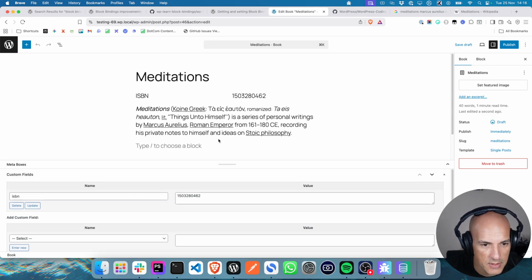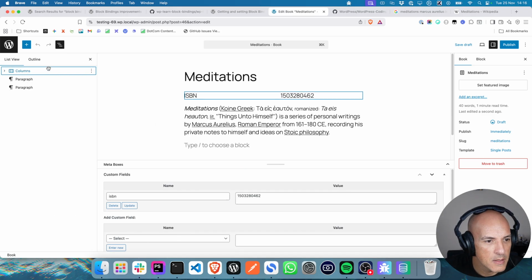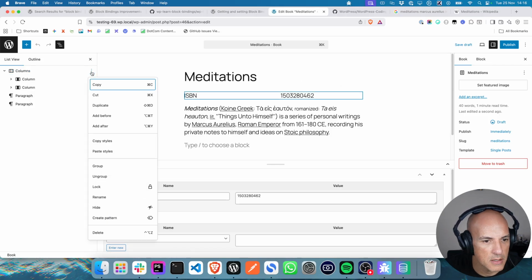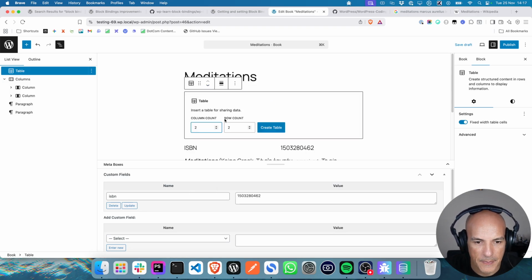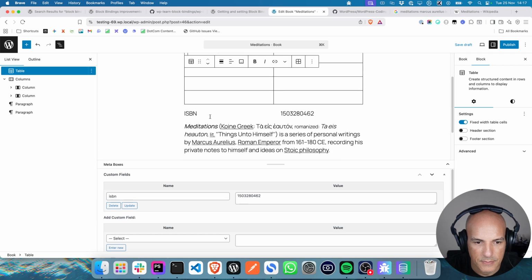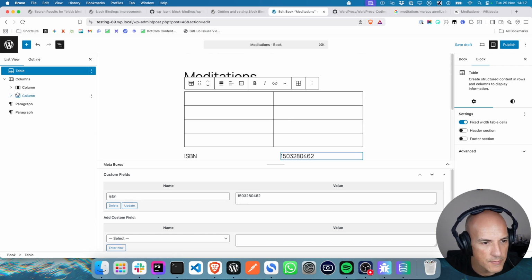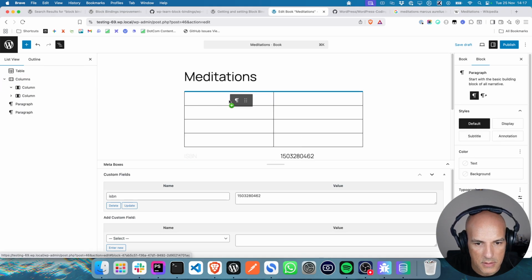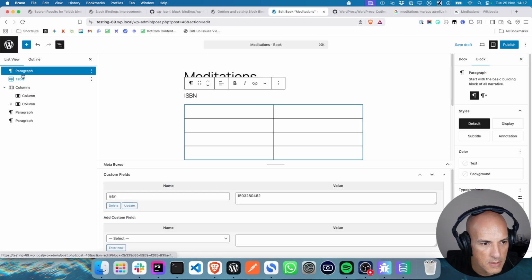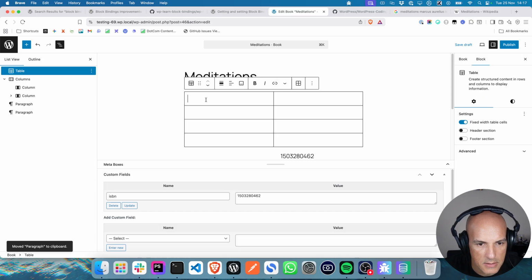So what I do want to do now is, we should put this in a table. Yeah, let's put this in a table. So let's say add before, say table. Let's go columns, rows. Let's go 4 rows for now. And then let's move that paragraph into, is this going to work? No, don't think so. Okay, let's go cut. Maybe I can paste. Yeah, that worked. Cool.